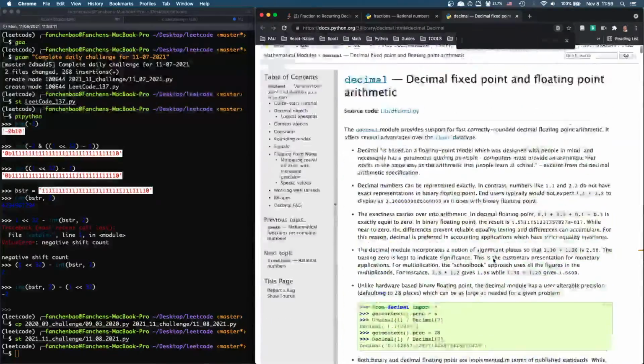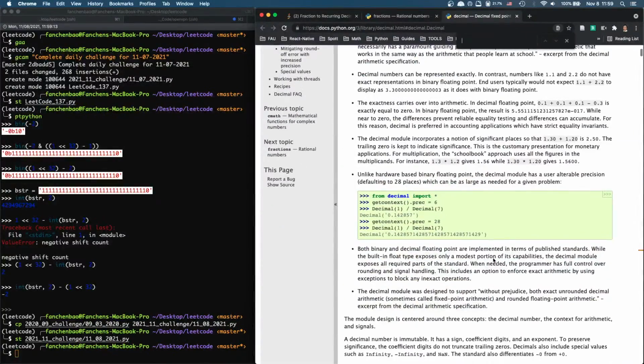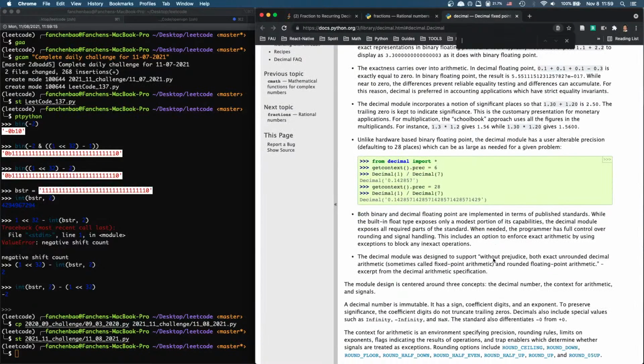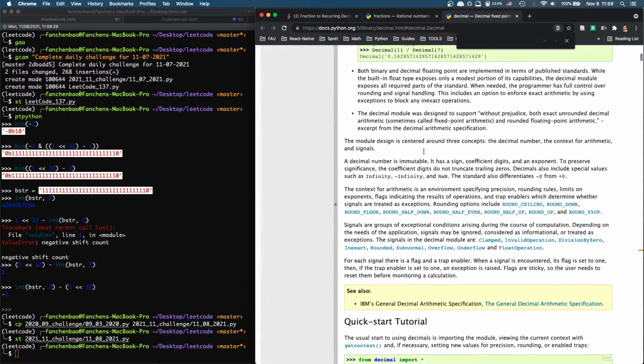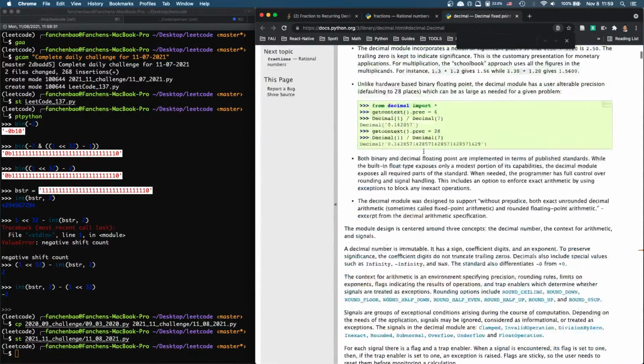Hey, who knows? Maybe this one. I never tried it. So decimal. Look at this. Decimal. It returns this. Precision. We can get precision. If we can give precision,